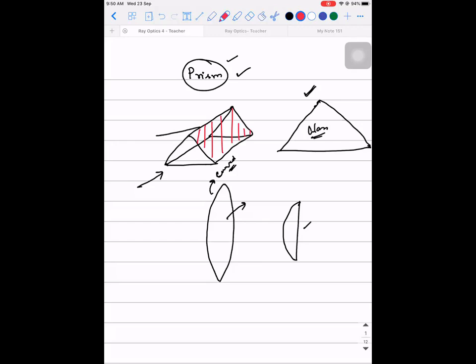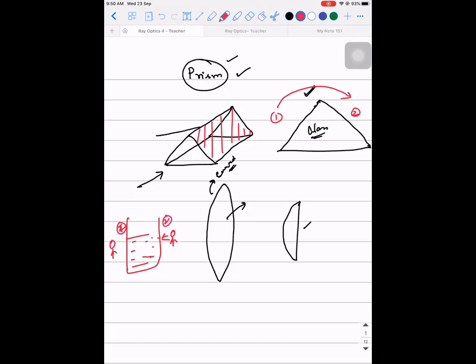So how many plane surfaces should it overcome to come out from the other side? Whenever I say refracting, I can see something from the other side. For example, you take a transparent glass and pour water in it. Let's say someone is sitting over here. Have you ever tried to observe from this side? When you do that, you will be able to see, in such a way that the light is overcoming how many curved surfaces? The first curved surface and the second curved surface. So it is undergoing two refractions and coming.